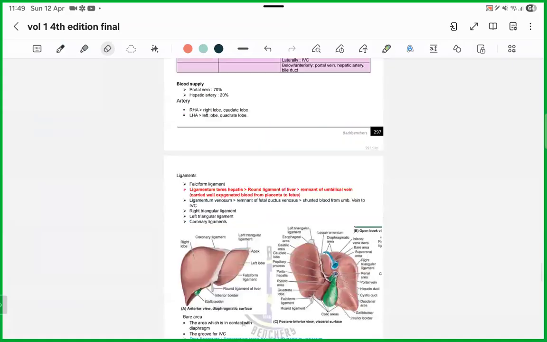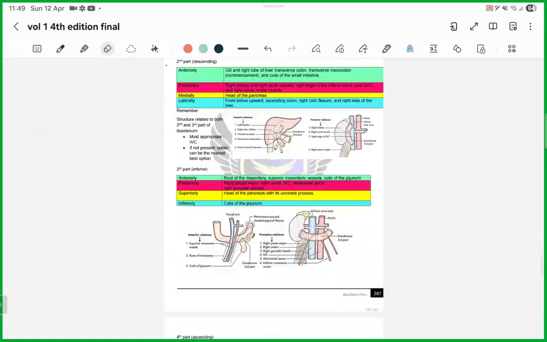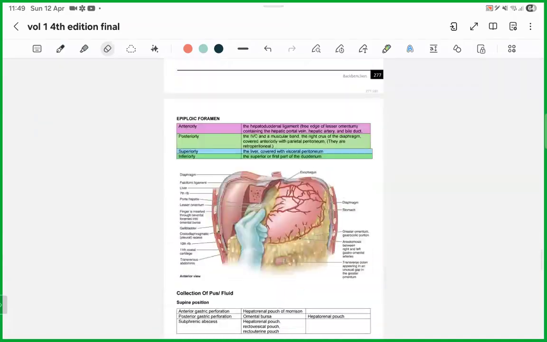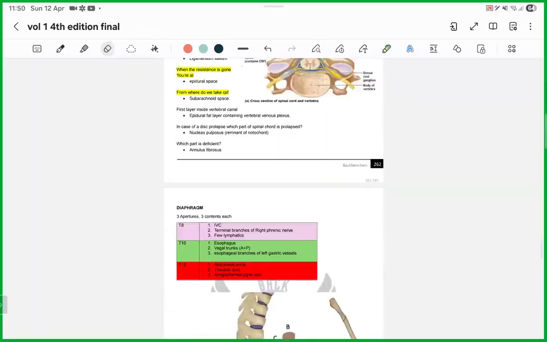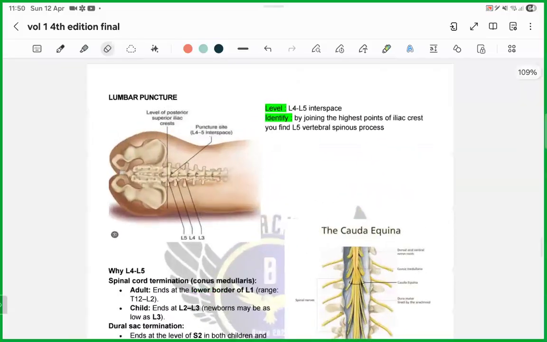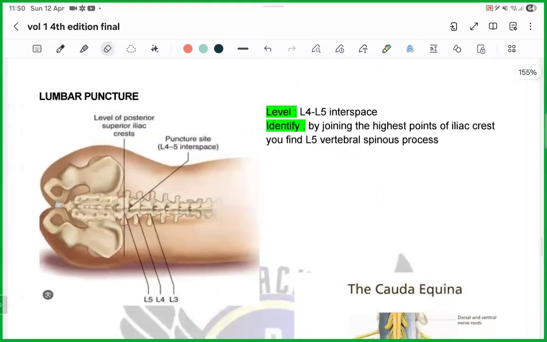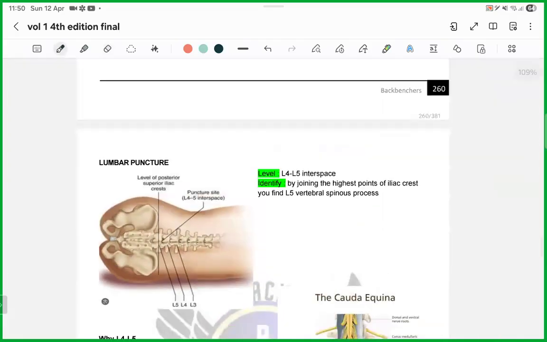Okay, guys, let's just start from our notes. In the notes, whatever I have told you is written in words. That's it. So, the first thing you need to know from the abdomen